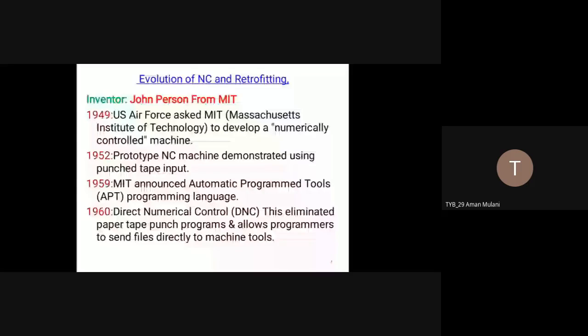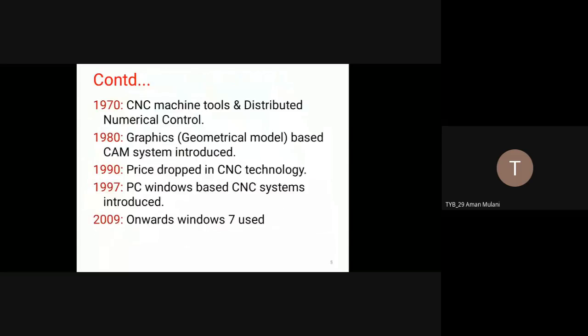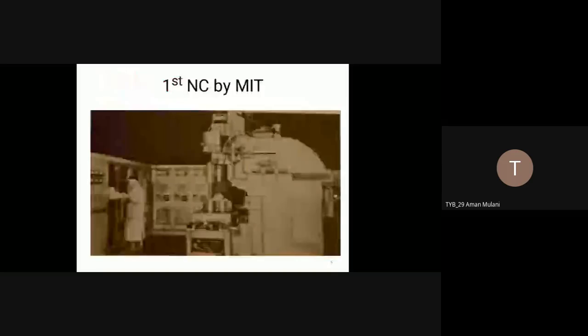After some 10 to 15 years, the US Air Force asked MIT to develop an NC machine for them. In this way, the NC machine was developed continuously until the modern NC machine,